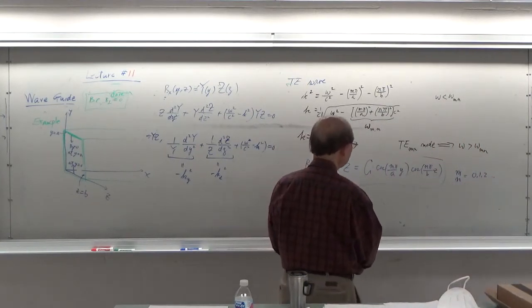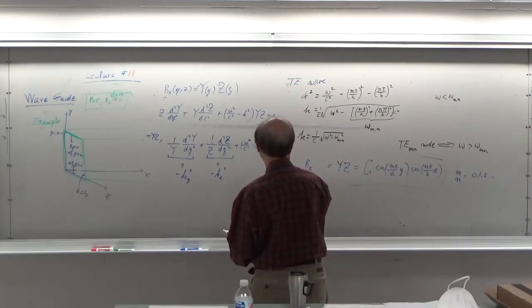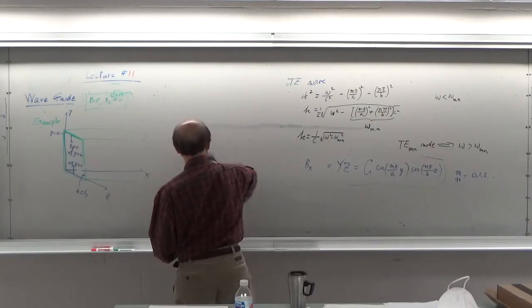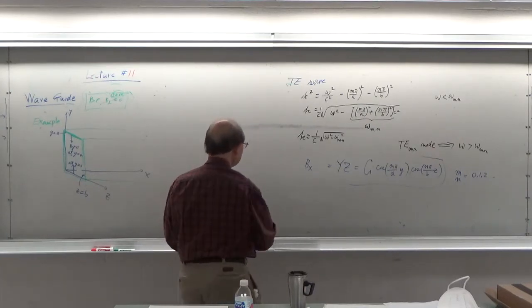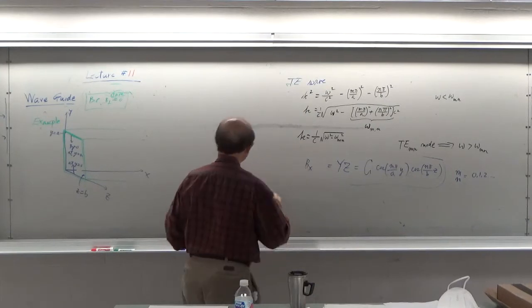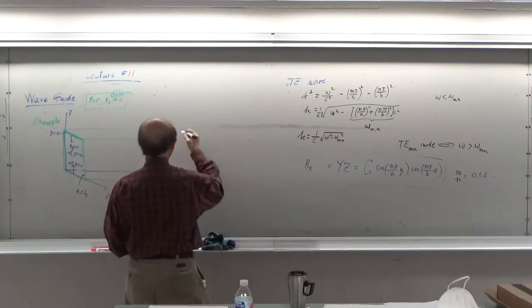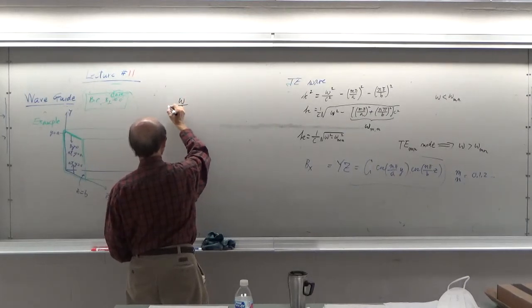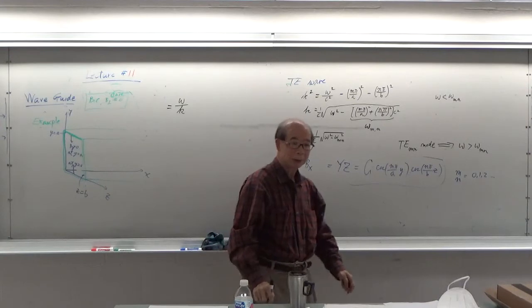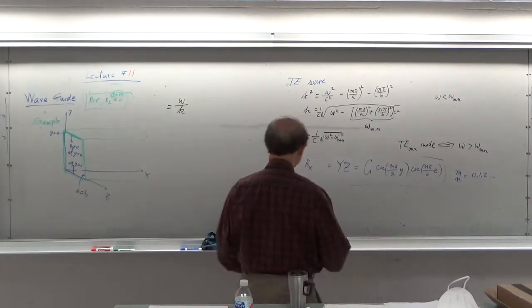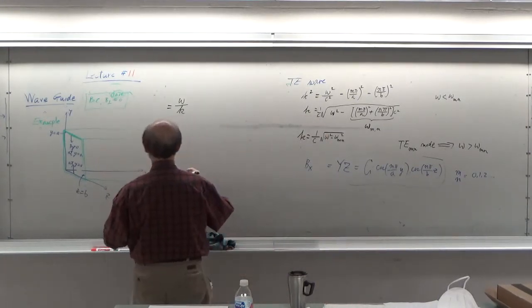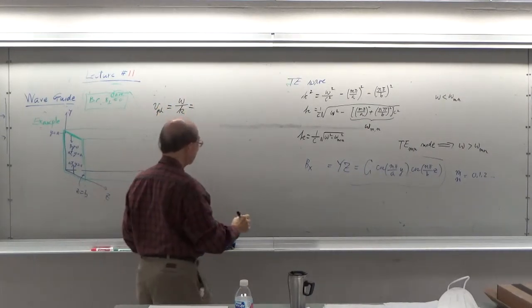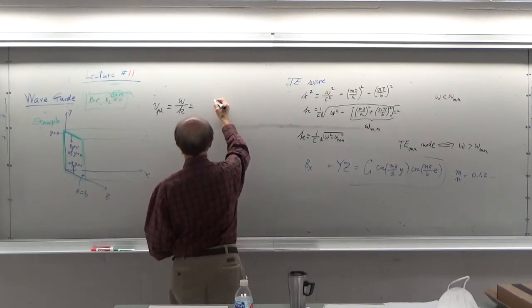So let's continue, wrap up the discussion on this example. I can erase this now. K is given by this. Then obviously I can take a look at omega over k, which, as you recall, is the phase velocity of this electromagnetic wave, v phase. What's that equal to? That's equal to c times